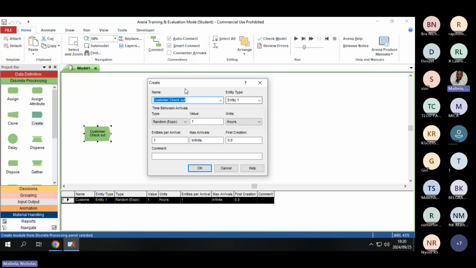Now, the other important thing when you are configuring your create module is that under entity type, you have to link it to the entity. So your create module, you have to link it to your entity, right? And then you click on it like that, right? Then